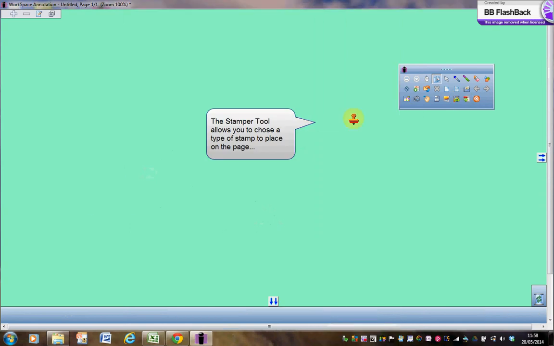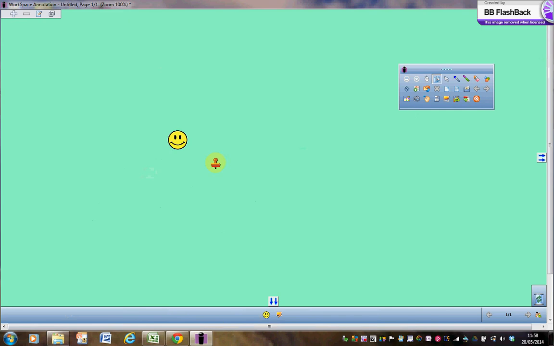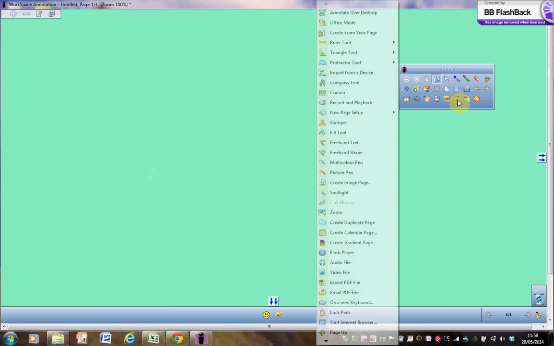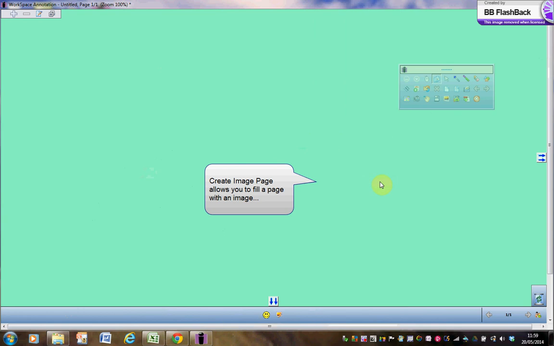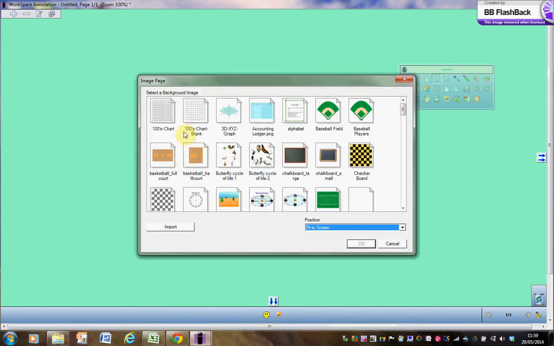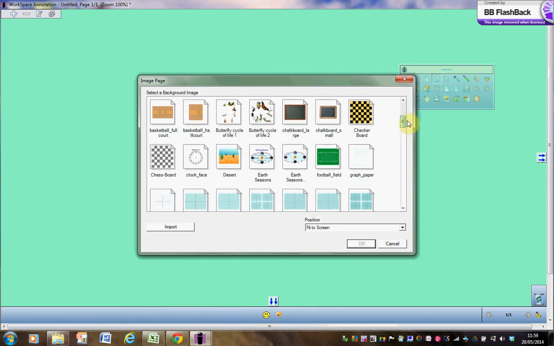The stamper allows you to choose a particular image. I'm going to use a smiley face and to stamp on work that you might be displaying. So that one's quite nice. What else have we got? Multicolour pen and picture pen just allow you to use the pen in a prettier way with different colours and different patterns. Create image page. I think we looked at that in a previous thing that we were looking at, but let me just